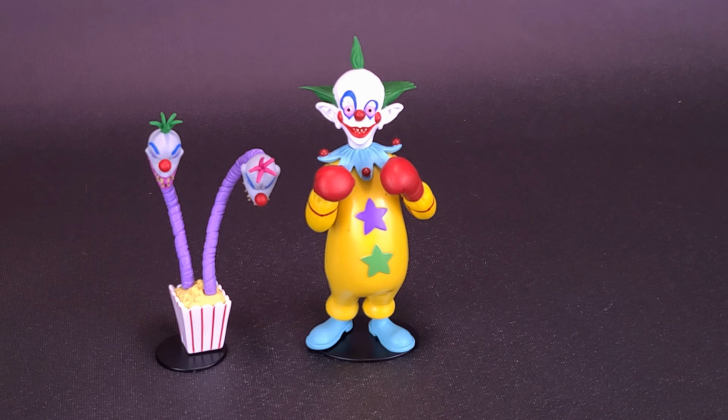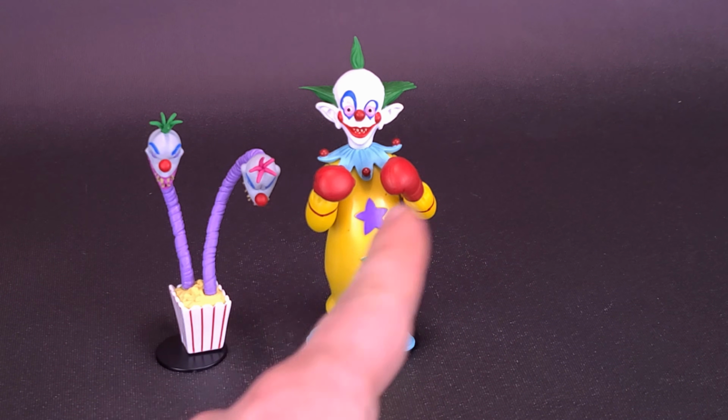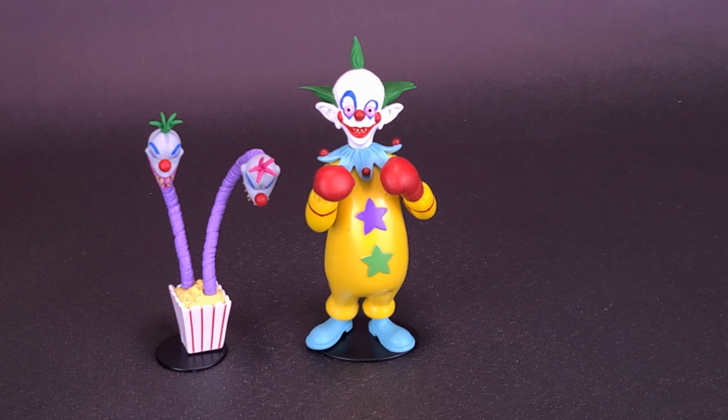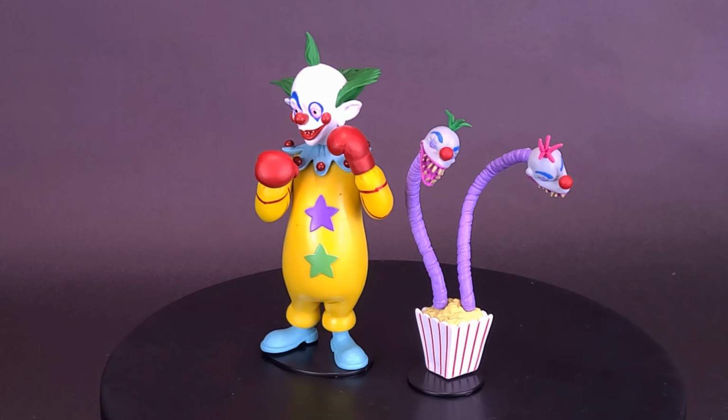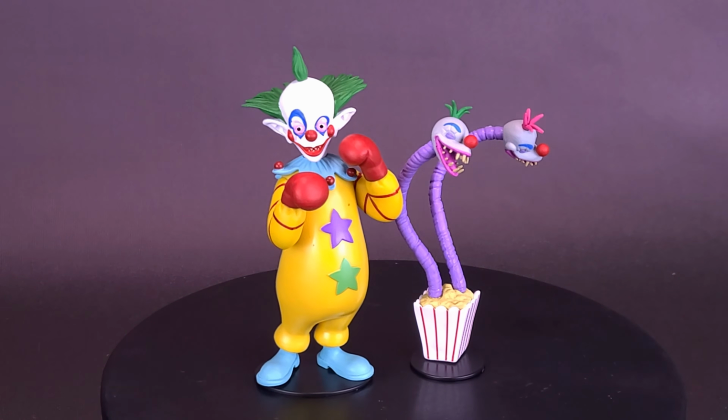Some of them will look a little bit more like something you'd expect to see in an animated series. I don't think the killer clown looks as much like it, and I maybe think a lot of it has to do with the way they sculpted and painted the eyes. But still, a welcomed addition to my growing Toony Terrors collection that have been released by NECA up to this point. Seeing as Killer Klowns from Outer Space Tiny does in fact share the same type of body here